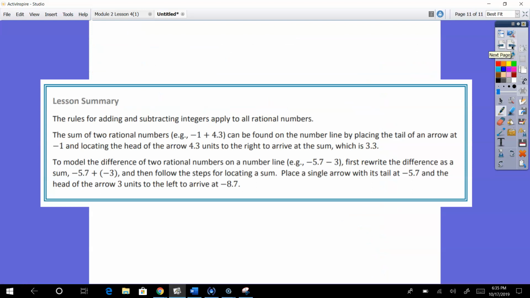Okay, so your lesson summary, the rules for adding and subtracting apply to all rational numbers, whether it's positive or negative. And we can find it by placing the tail of the arrow and then going to the right, in this case, 4.3 units. Okay,